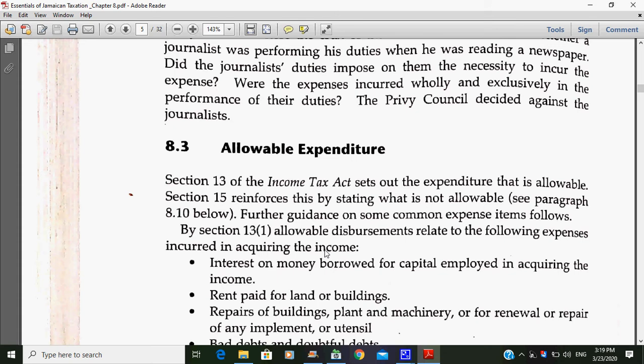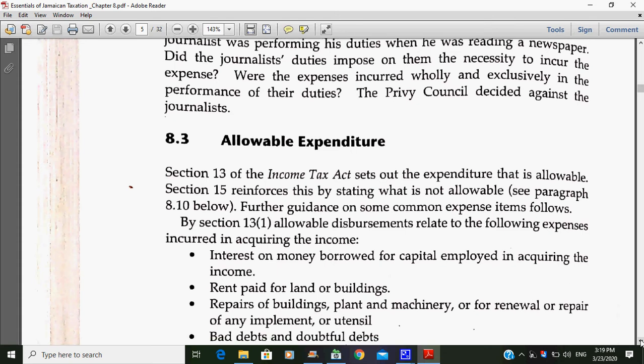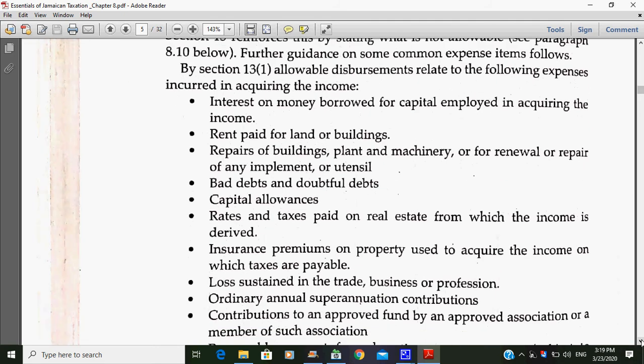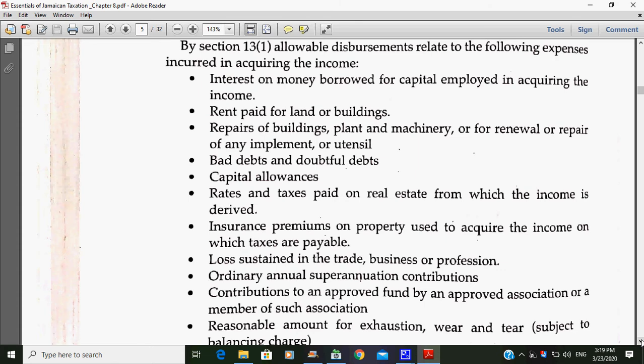Allowable expenditure. Interest on money borrowed for capital employed in acquiring the what? Income. Rent paid for land or buildings, allowable expenditure. Repairs of buildings, plant and machinery, or for renewal or repair of any implement or utensil. Bad debts and doubtful debts, they are what? Allowable expenditure again. Capital allowances, rates and taxes paid on real estate from which the income is derived, allowable expenditure again. Insurance premiums on property used to acquire the income on which